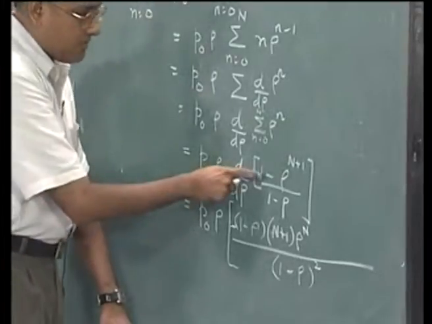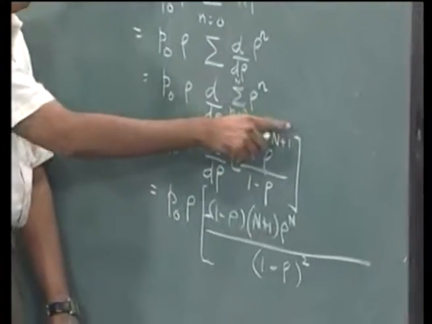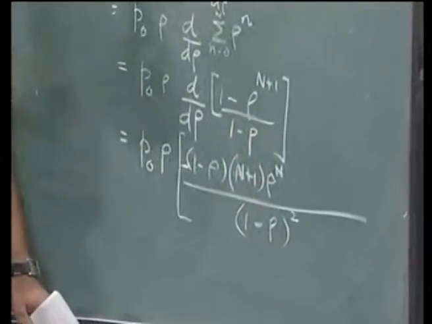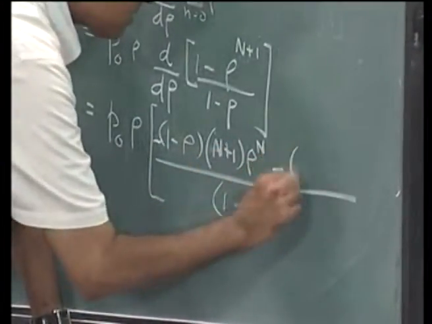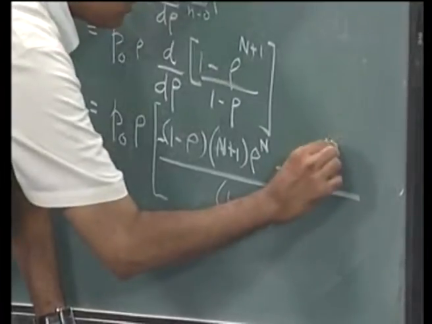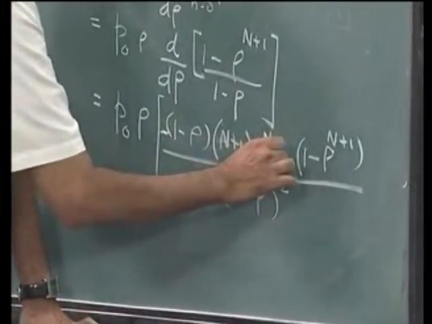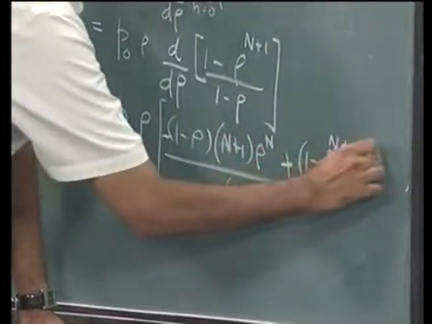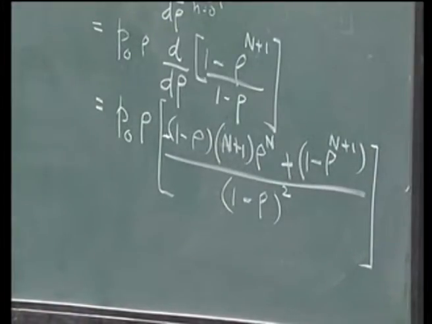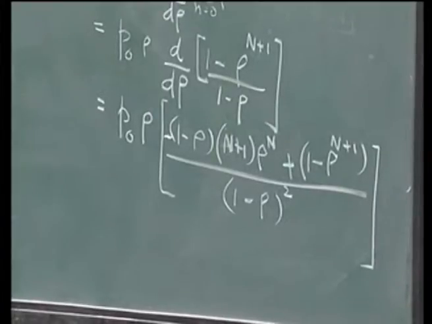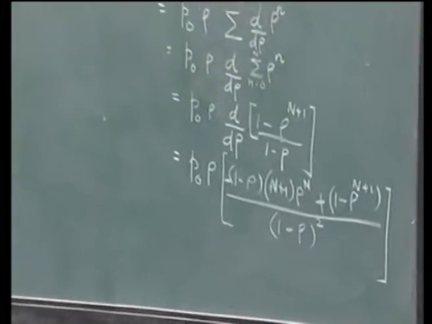This comes because this will give us 0, the minus will stay here, rho power n plus 1 would give us n plus 1 rho power n, minus u dv, which is 1 minus rho to the power n plus 1 into differentiation of this, which is minus 1. So, this will become a plus by this. Now, this one is further expanded to